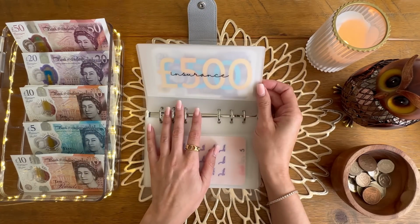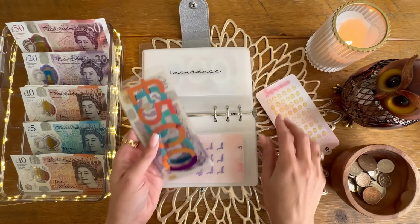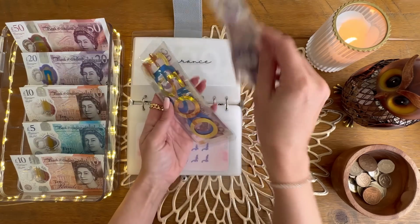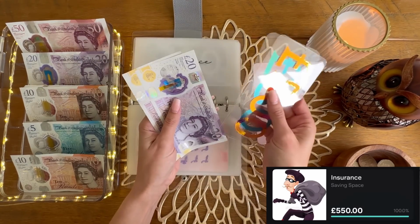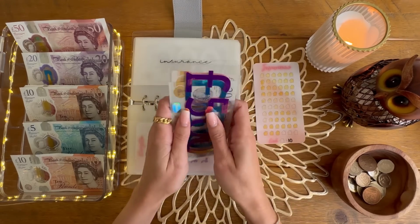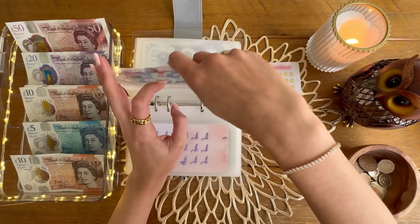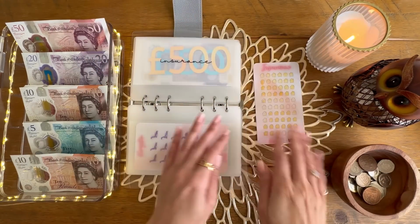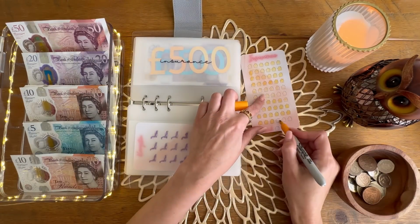Kingston's fully funded. Insurance. Oh my God, we're nearly there. We're not going to finish it today though. I'm going to give it 20. So I have 550 in the bank, 570 and 590. £10 away. I could have done it today. I think I could have just taken some money from somewhere else, but no, I'll finish it next cash stuffing,